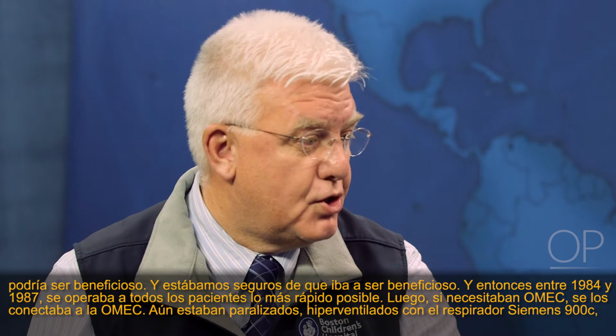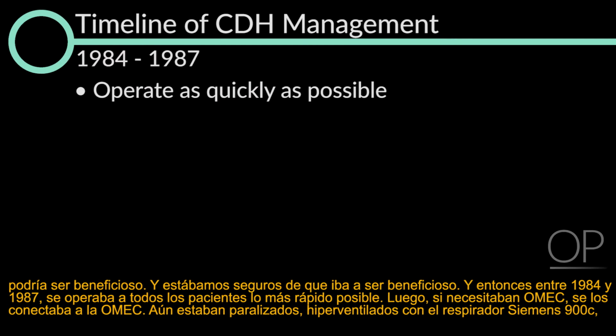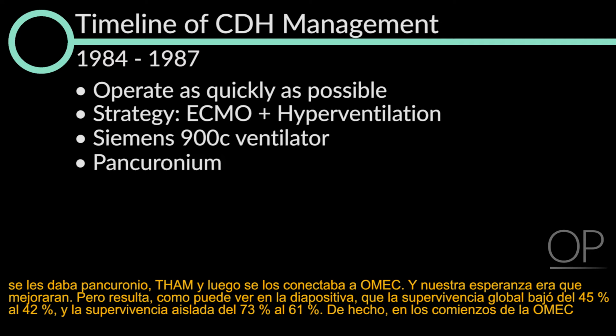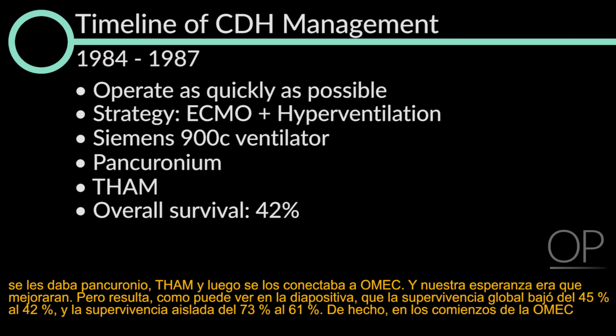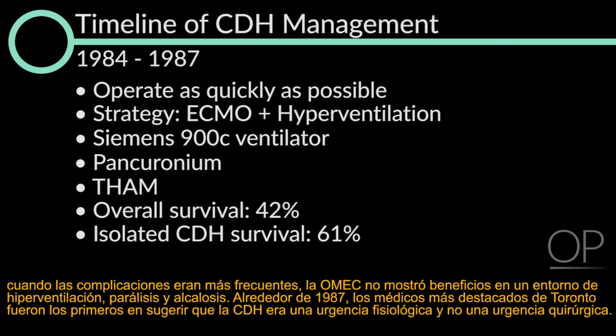So we were sure it was going to be. And so between 84 and 87, everybody got their operation first as quickly as possible. And then if they needed ECMO, they got ECMO. They still were paralyzed, hyperventilated with the Siemens 900C ventilator, given pancuronium, THAM, and then ECMO. And our hope was it would get better. But it turns out that overall survival dropped from 45 to 42%, and isolated survival from 73 to 61%. So in fact, in the early days of ECMO, where complications were more common, ECMO showed no benefit in a